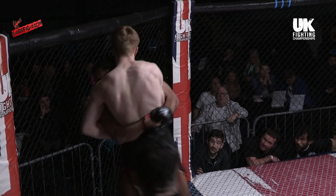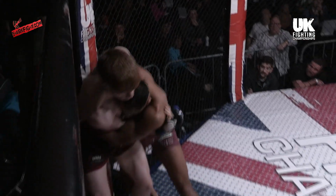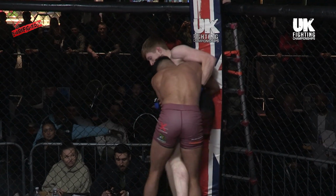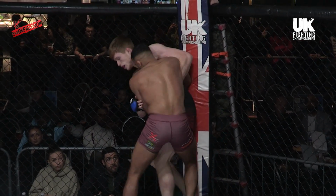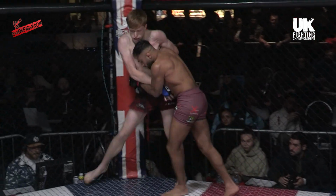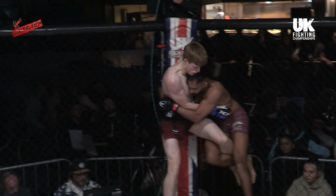In here, the Northwest Fight Academy corner asking for underhooks, which Javed immediately takes. Looks to peel that leg out for the takedown, but Kane's savvy to it. Gets his knee back through the gap. Strong whizzer. Yeah, Aftab bounces back up, but